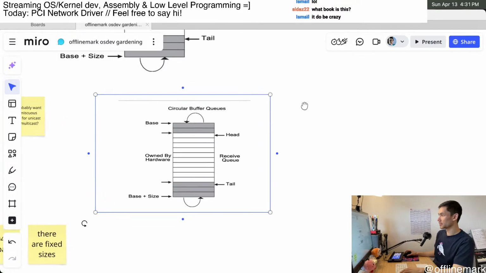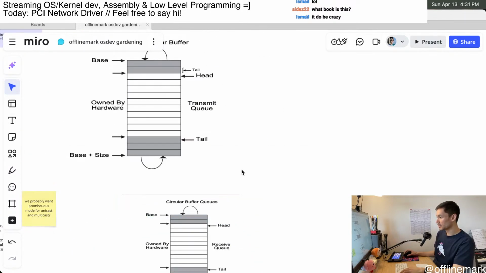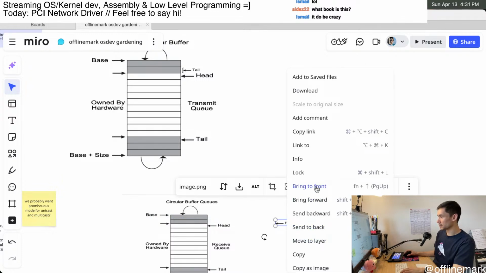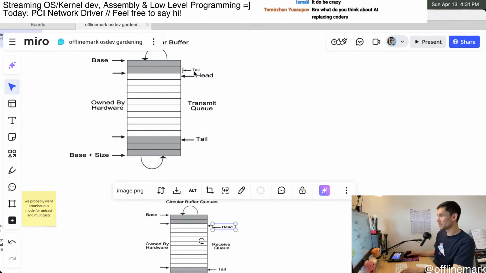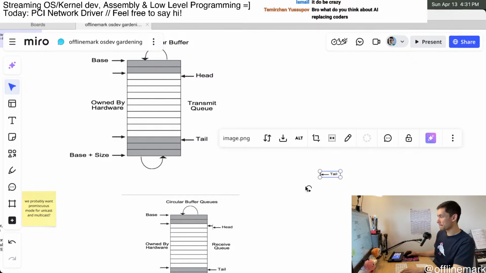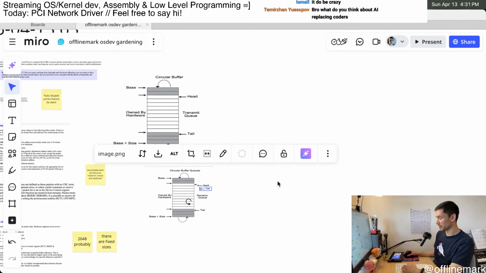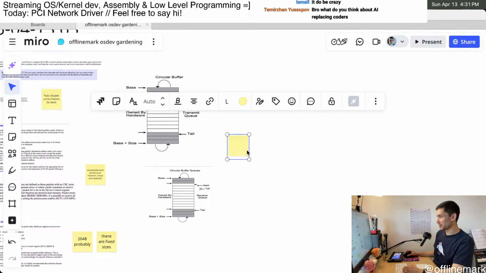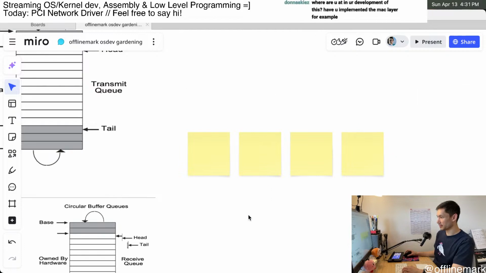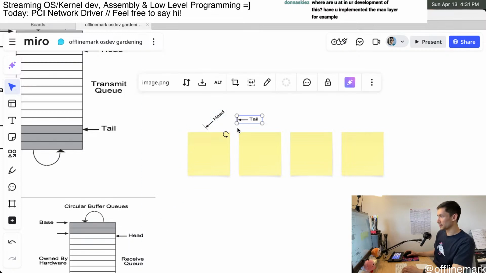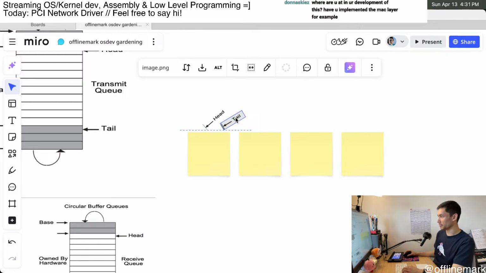Right. So bring to the front. Or rather, maybe it's better to just illustrate this with some stickies. So let's say we have a descriptor ring. It looks like this. I feel like I'm super slow at understanding this kind of stuff, but